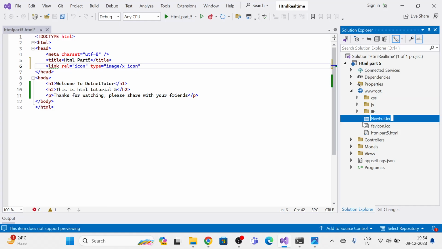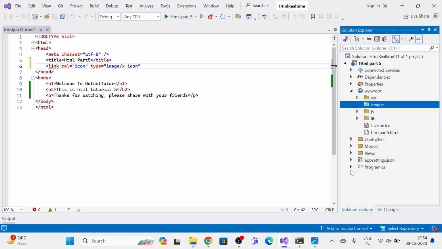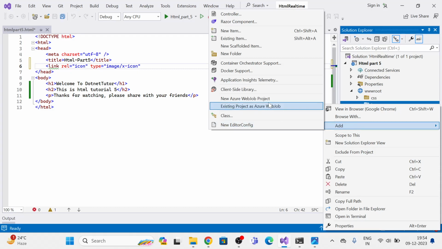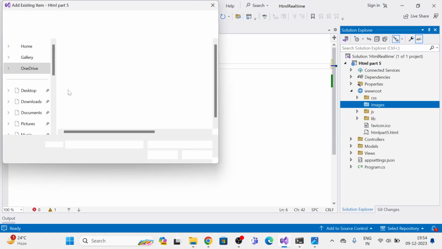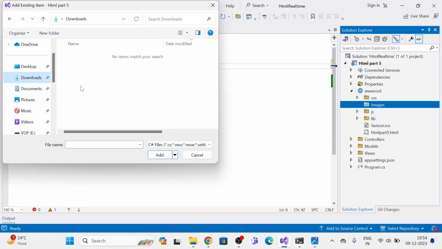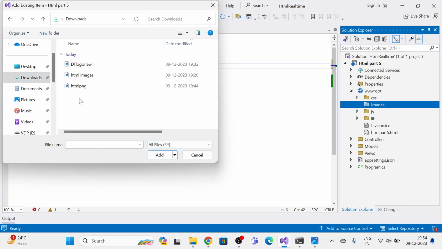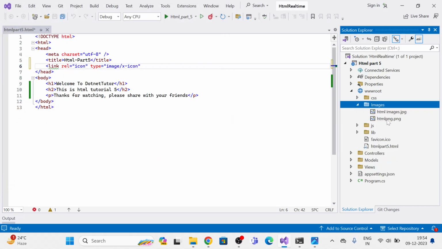Rename this folder images. Right click on this and add existing item, go to downloads, click here all files, and I want to add this to images. Images are added,